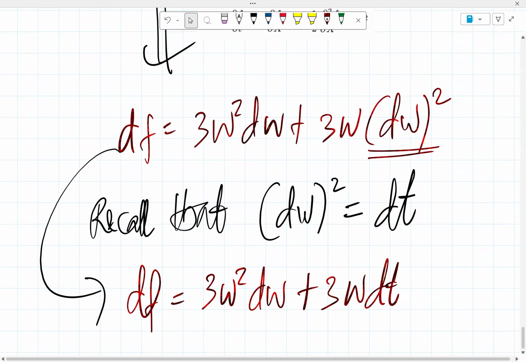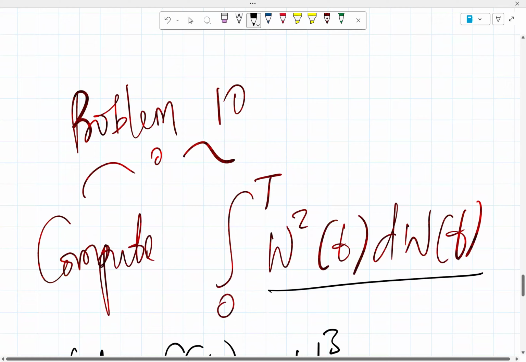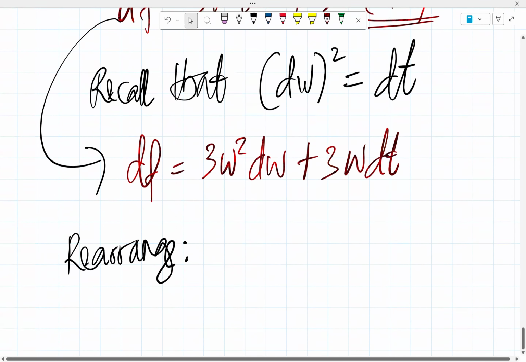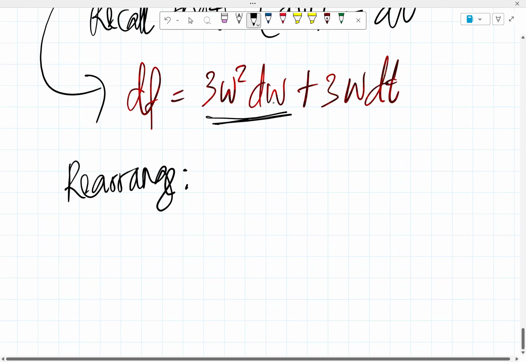Don't forget, this is what we are looking for. We want to integrate w squared of t dw. So that's more like integrating w squared dw. Okay, all right. So we can then isolate w. So this is what we are integrating basically. So if you rearrange, then it means we have